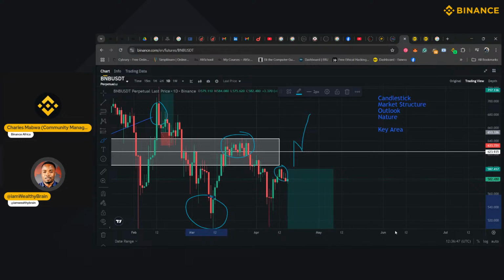Now, if you are a position trader, it means that you are making a decision on a bigger time frame. You want to hold a trade for a couple of weeks, months, or years. If you are a swing trader, a couple of days, weeks, maybe months. If you are a day trader, you are opening and closing a trade within the same day. If you are a scalper, you are entering a trade, getting a few points in your favor, and you are closing the trade. So these are some of the